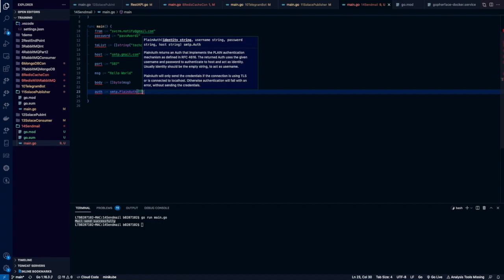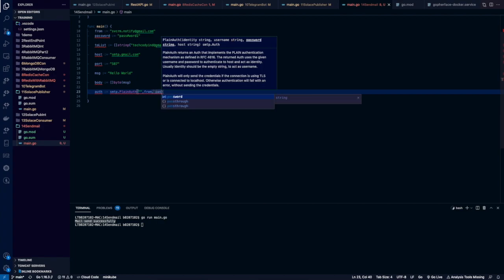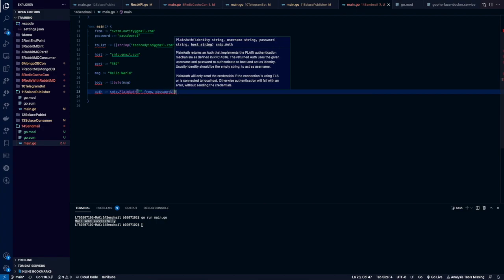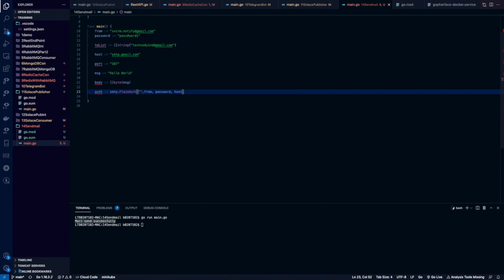The next thing is we need to use the username. So the username is what we have mentioned under the from variable. The very next thing is we need to use the password, and post that we need to use the hostname. So friends, this information we have completed. This particular piece of code will authenticate my request on Gmail.